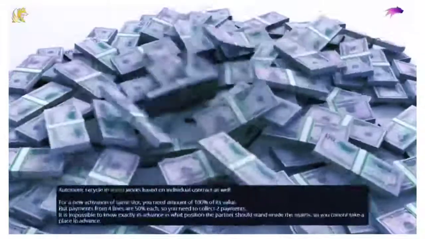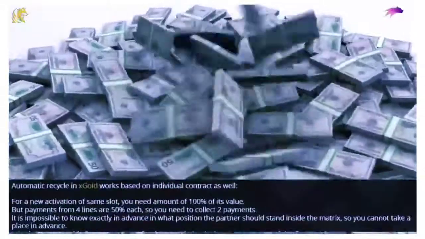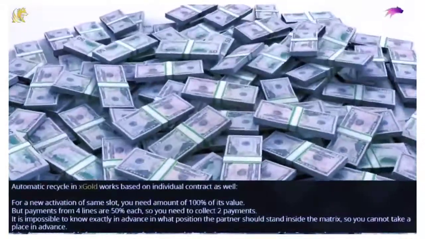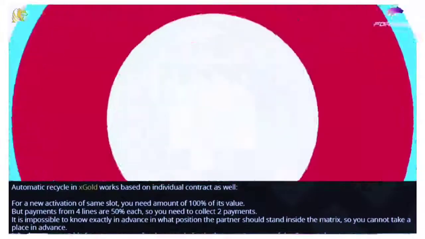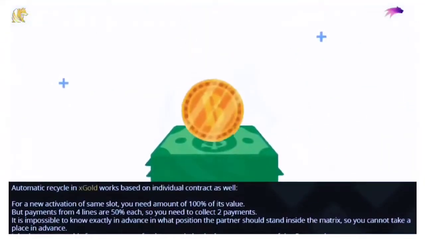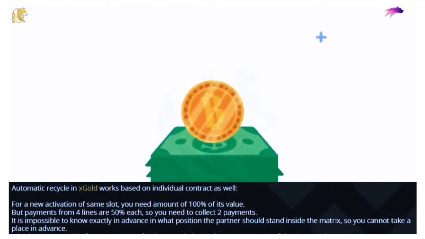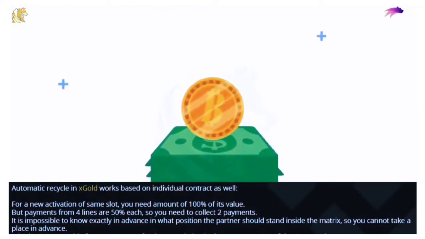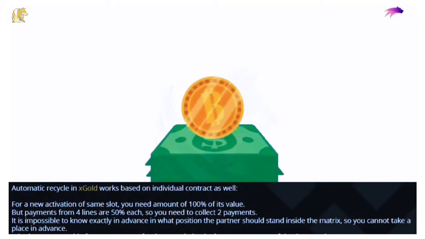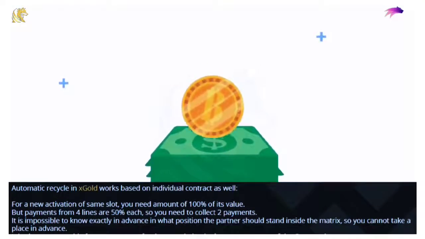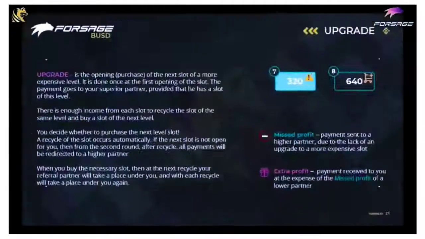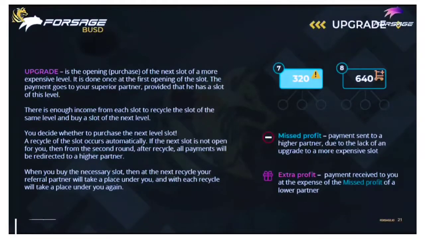Again, in Xgold, there are so many automatic recycles that continue without any limits. For new activation of the same slot, you need 100% of its value, but payments from the 4th line are 50% each, so you need to collect 2 payments. It is impossible to know exactly in advance in what position the partner should stand inside the matrix, so you cannot take a place in advance. So again, everything goes in a circle and your partners, in the same way closing their matrices, again rise to you